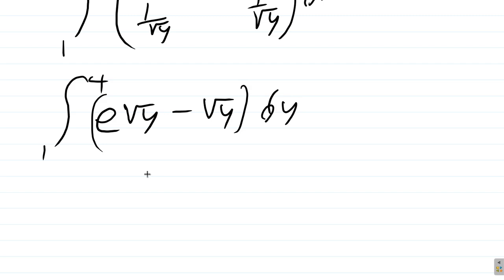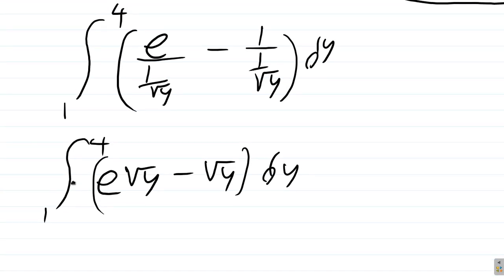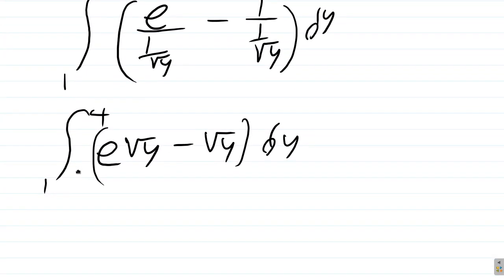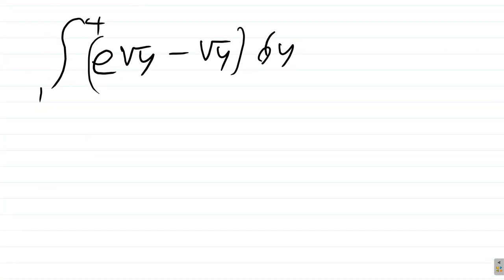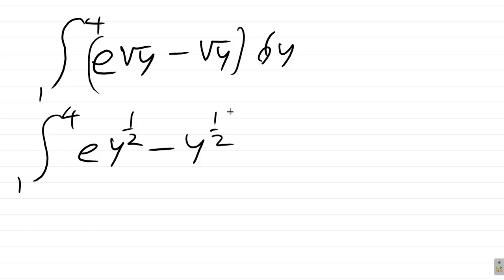You ready to deal with it with respect to y? Alright? Let me see something. Okay. Dy. So you're ready to do this part now. What you have here, right? The square root of y as y to a power. So it's integral from 1 to 4 of e times y to the half minus y to the half